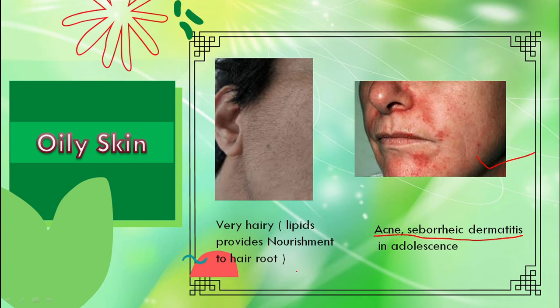Butterfly shape pustules on the middle of the face, particularly on the lower forehead and chin. If you have a problem like that, if you have hair fall, receding hairline, and oiliness you feel near the nostrils, chin and forehead, that means you have oily skin. So this is your skin type, and according to your skin type you have to choose a particular product. Once you know your skin type, you are able to choose a particular kind of product for yourself.